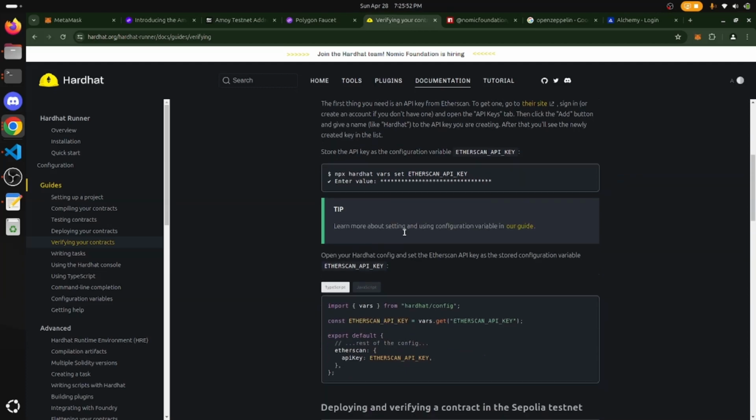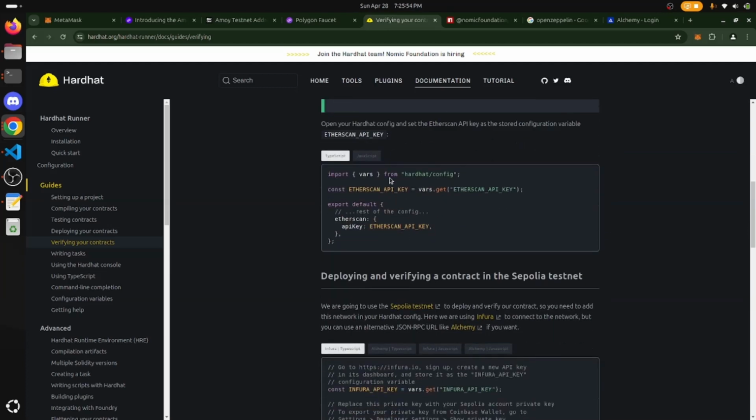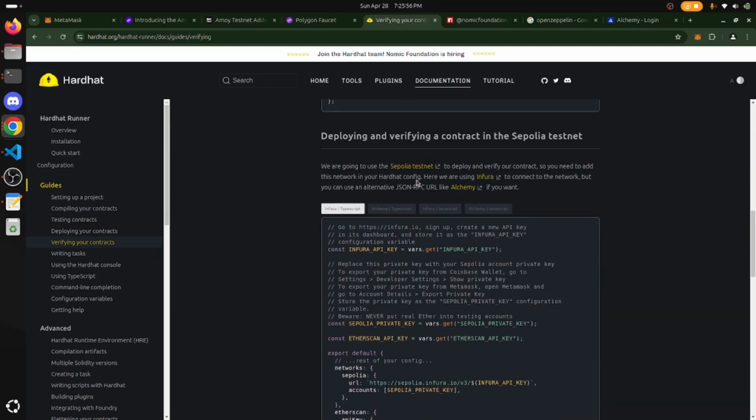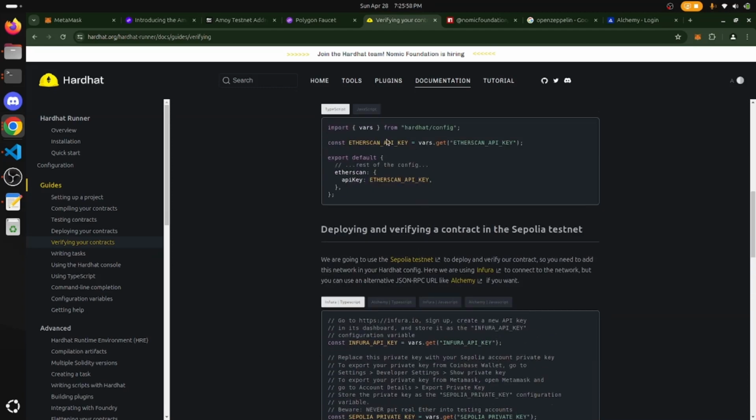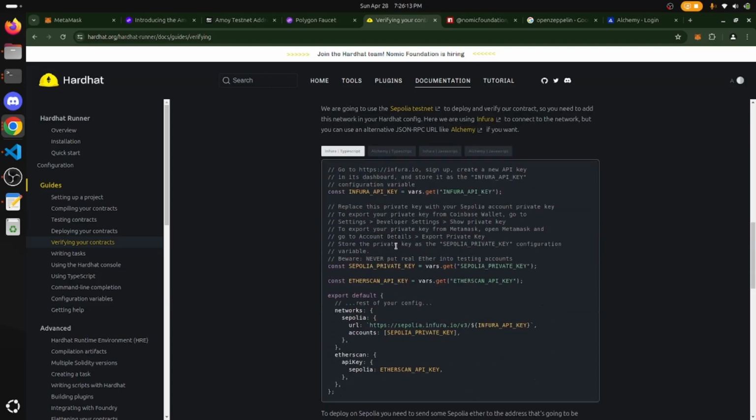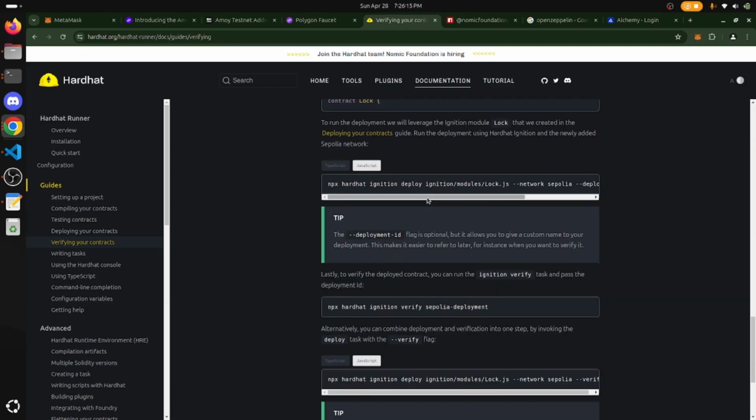Verify your command using the setting the API key. We already have set up the API key, so this is the syntax which I was using since I remembered it and have written this. So you can just go here and check if you have anything wrong or right, a syntax issue. It is a TypeScript version. You can just go to the JavaScript version and similar, not that much of a difference. Okay, so you need this command